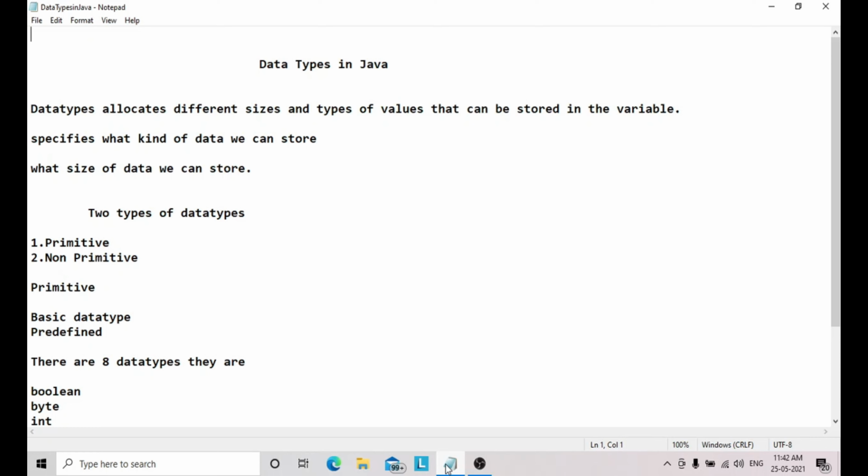There are two types of data types in Java. What are the two types? One is primitive data types and the other is non-primitive data types. First we can discuss what primitive data types are. Primitive data types are the basic or fundamental data types. We cannot modify primitive data types. There are a total of 8 data types